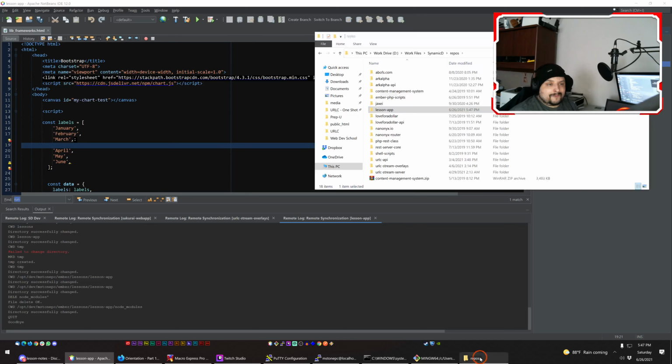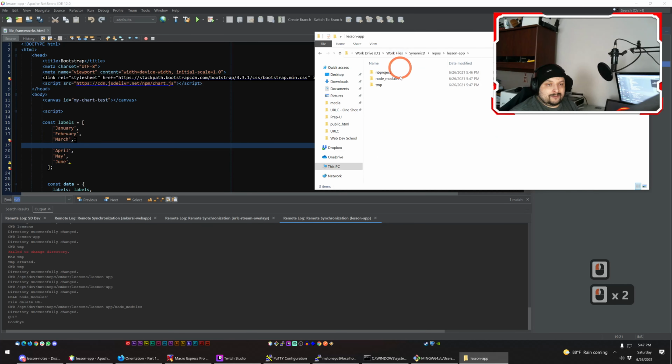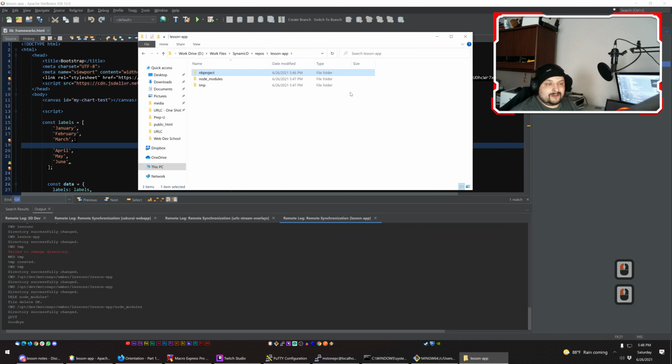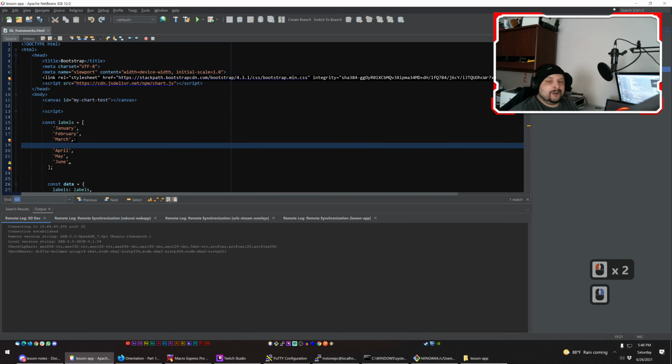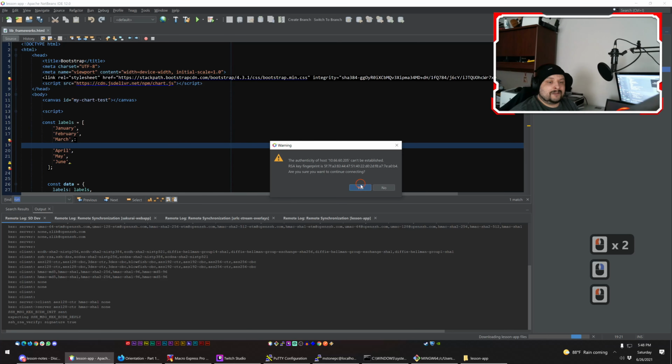They are there, so if I navigate to that on Windows, those 2 folders are there. Node modules and TMP, they're both there. And NB project is the default NetBeans project folder that doesn't show up here, so I don't have to worry about it. But now when I download my project,